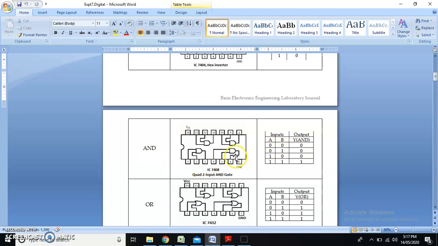Now it is a logical multiplication. So if the two inputs applied to the AND gate are 0, 0, output is also 0. Indirectly, if any one of the inputs of an AND gate is 0, output will be 0 because it is logical multiplication. So in the first three cases you will find the output is 0 because either both or any one of the inputs is 0. Whereas in the last case, both the inputs are 1, 1, therefore the output is 1. And therefore we say that the logical expression for the AND gate is Y equals A dot B.